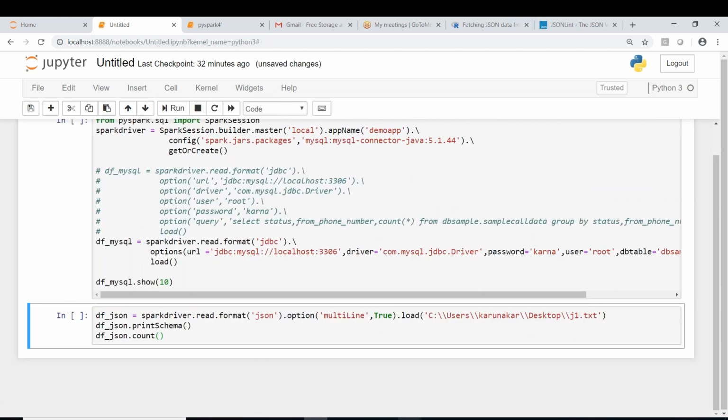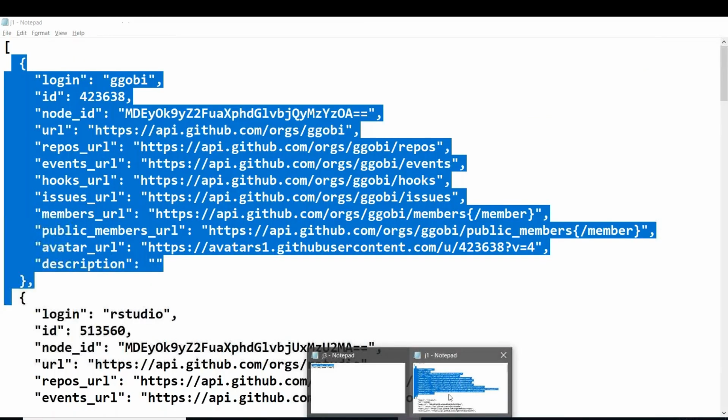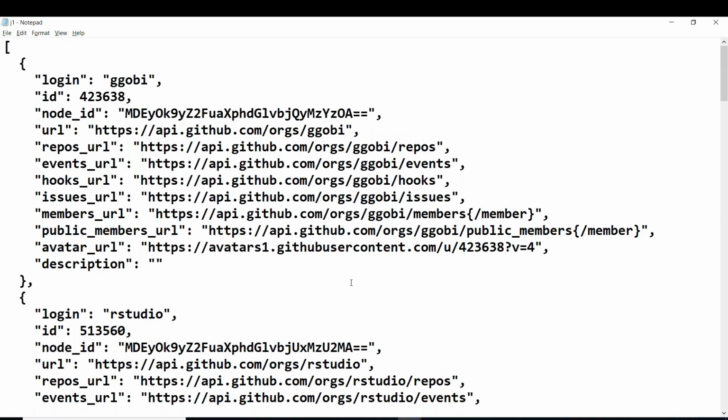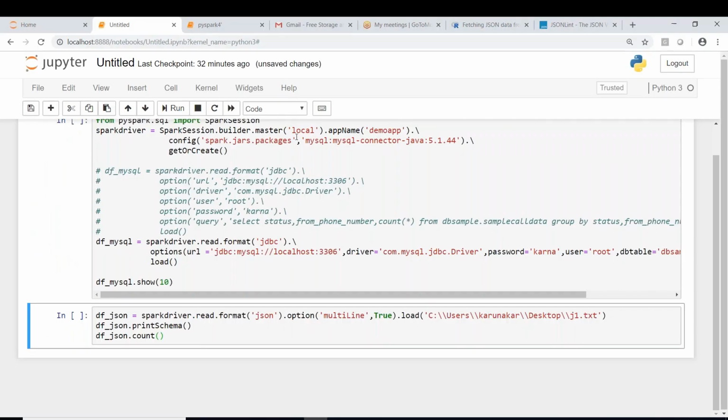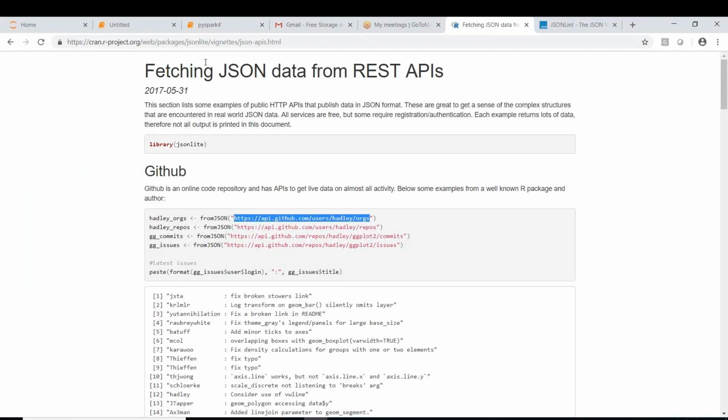So what is the data that I have shown you here? This data I have downloaded from some website, from some public URL, and we are working on that. Now I will try to show you that website. One second. Yeah, this is the website. Somewhere I got this URL, and from this URL I got this data. So this is the URL.